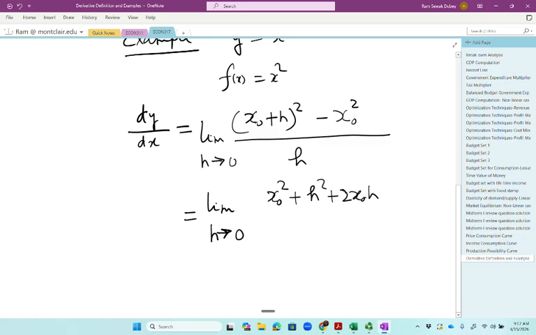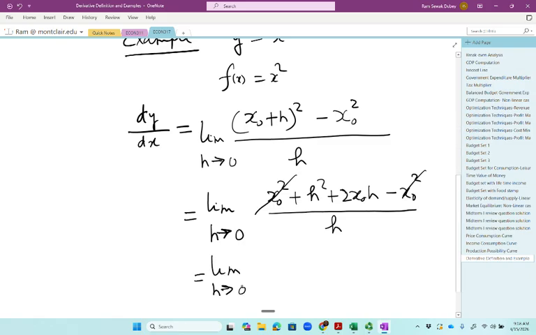This is the value of x0 plus h whole square minus x0 square, and I divide it by h. This is what we want to compute, and so I will do some simplification. We can see we can cancel out one term, x0 square. So what remains